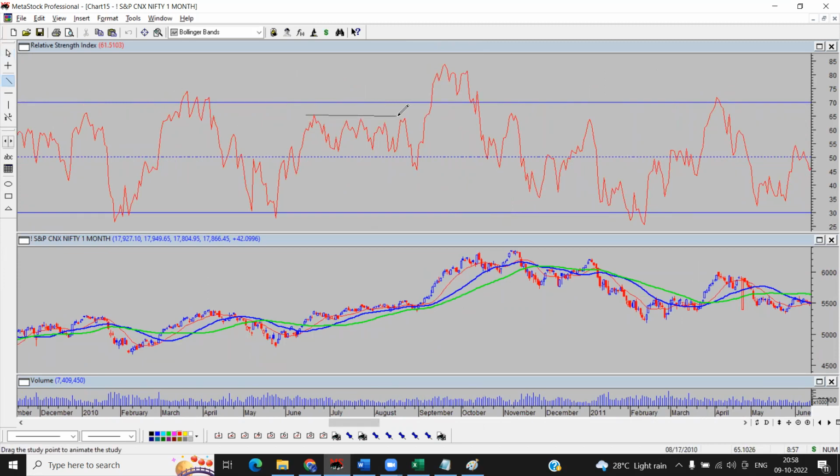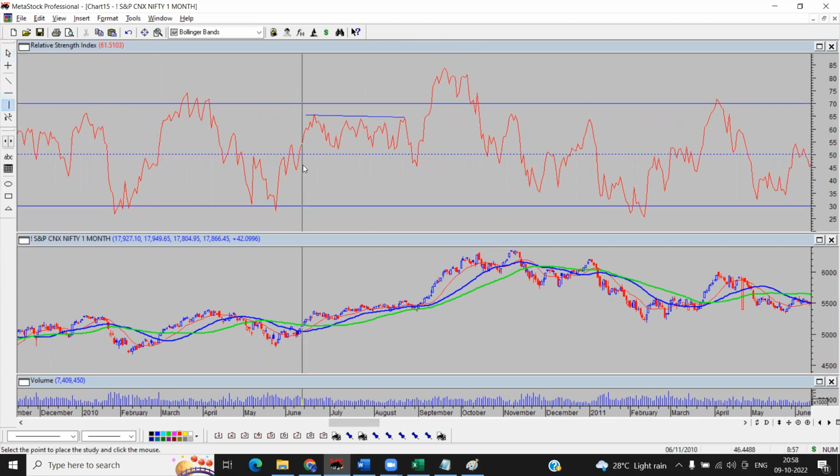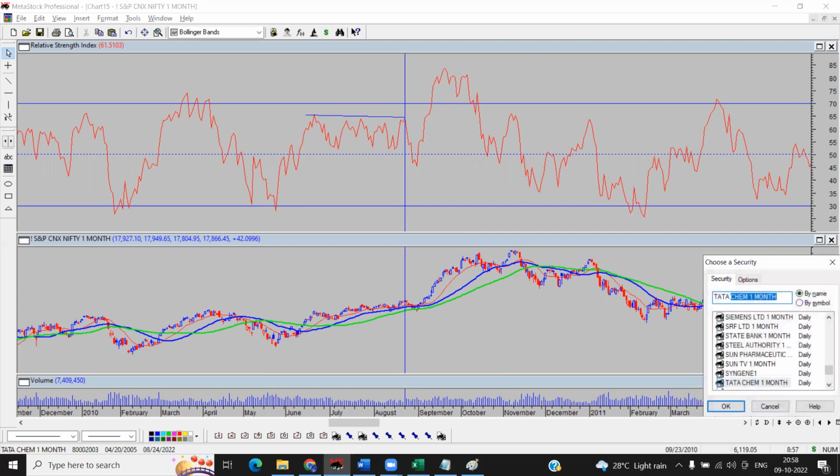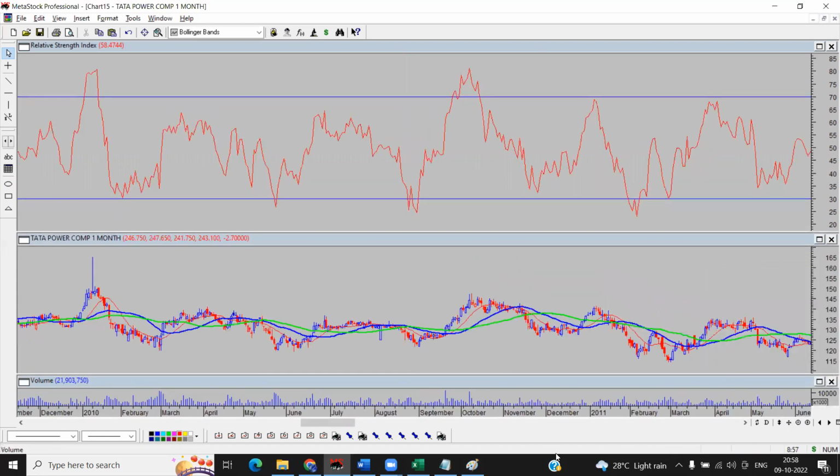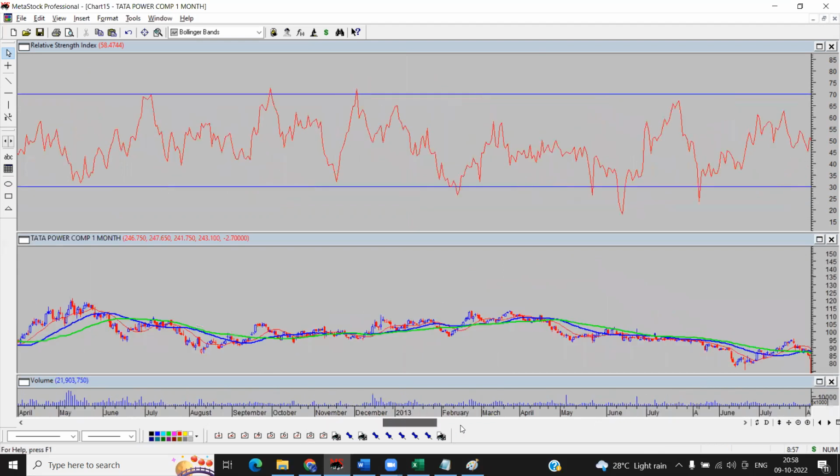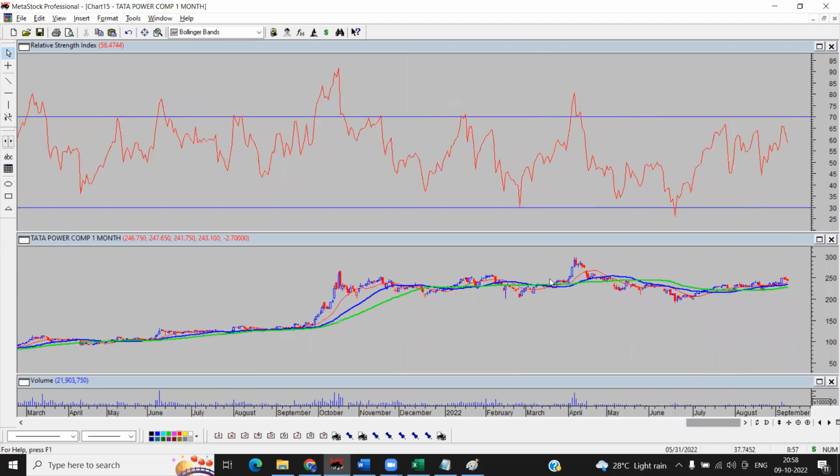Do you see here, you are getting clear divergence at these places. So obviously somewhere down the line you will be bearish. Even it broke the 50 period SMA. Okay. Then suddenly, from where did it come? You got a very strong rally. This is a divergence trap. It has to happen at the top of the market, like in Tata Power. Let's take it this way. This was a classical case of divergence trap.